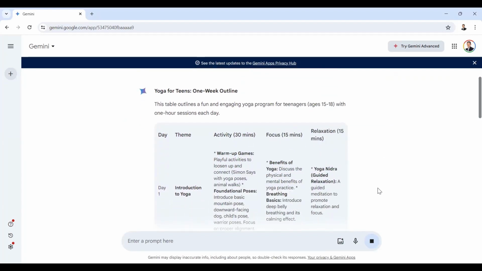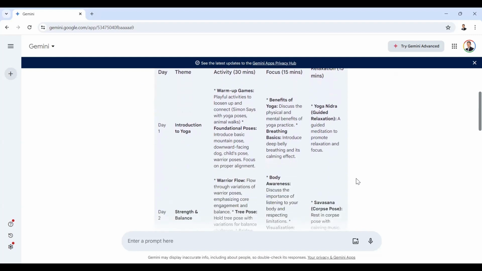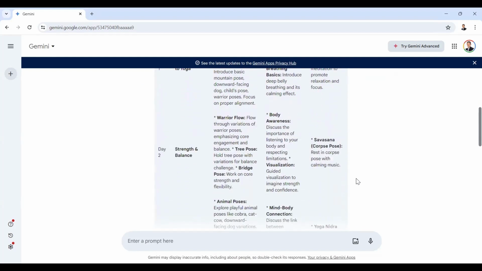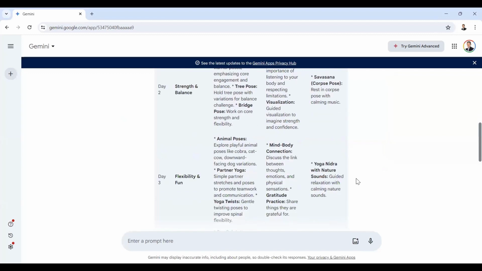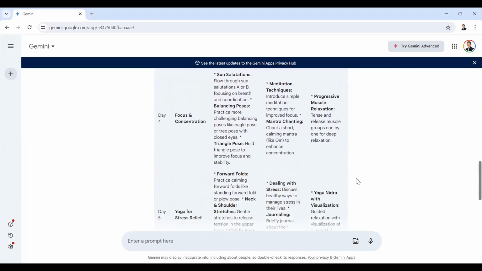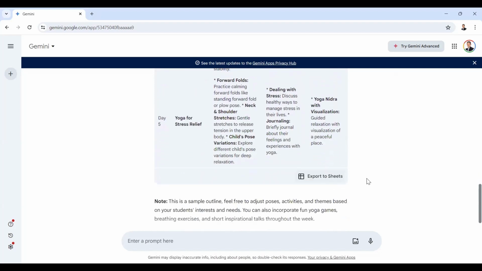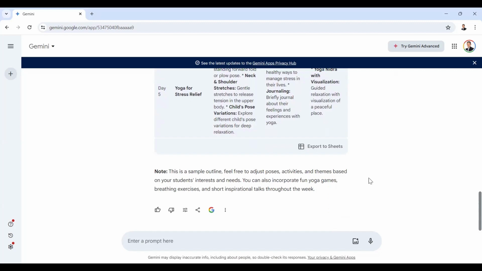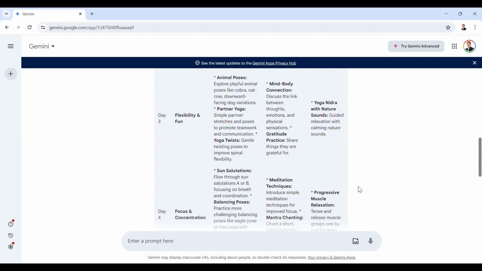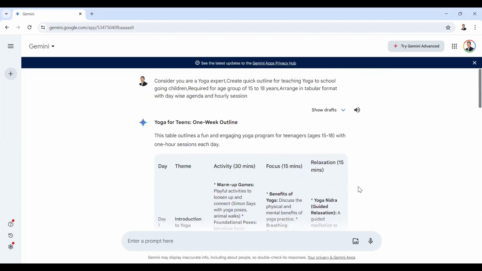So with Gemini, you can see there are some more details here, what it is including, the activity, the focus and relaxation, 15 minutes. So it's going much more detail, which is expected by Gemini. Google has all the data. You can export to Sheets, Google Sheet. And like this, you can refine, review it, refine it, what you want to do. And if you give prompts like this, you will have a much more better outcome. So that was demo of prompt engineering with ChatGPT, Copilot, and Gemini.